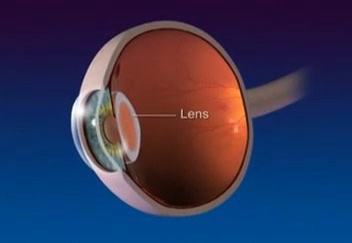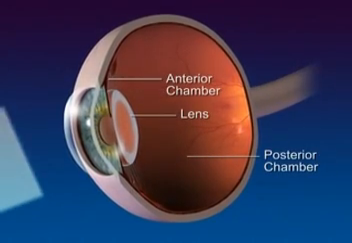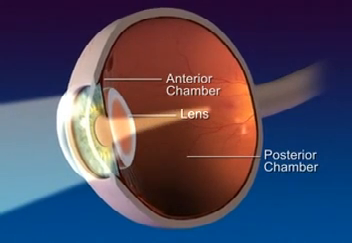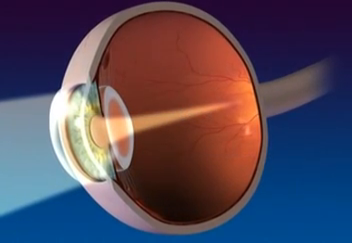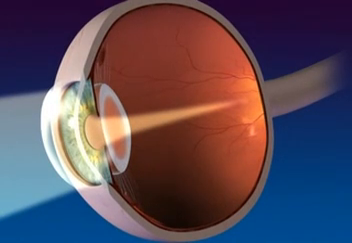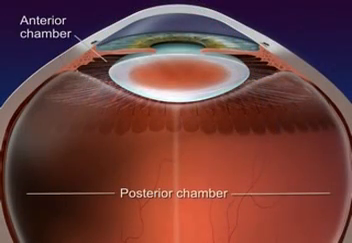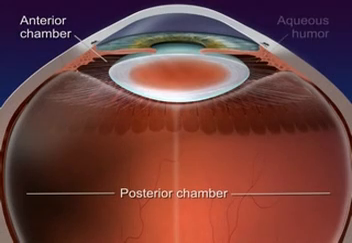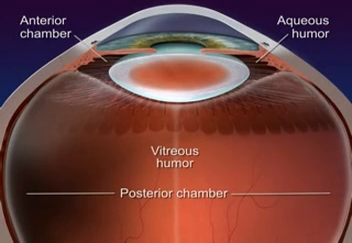The lens is located behind the pupil and between the anterior and posterior chambers. The lens is a transparent, flexible biconvex structure that bends or refracts light rays, so they focus on the nerve cells of the retina. The chambers are filled with a watery fluid that gives shape to the eye and helps refract the light rays. The anterior fluid is called the aqueous humor, and the posterior fluid is called the vitreous